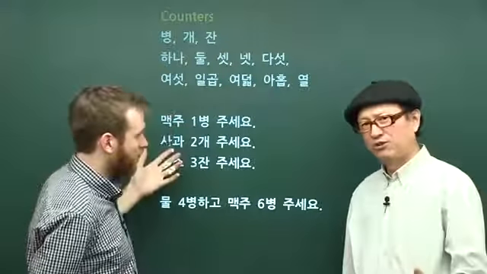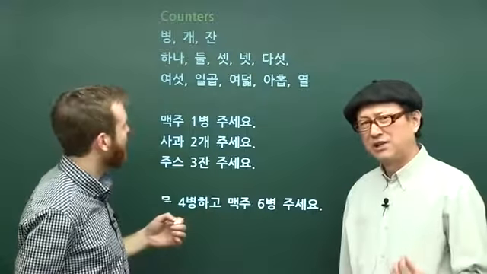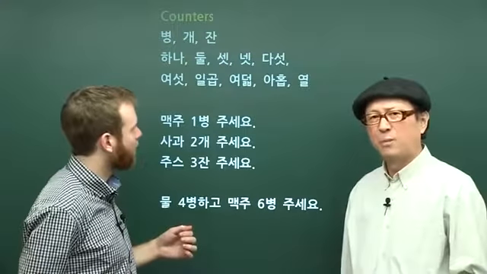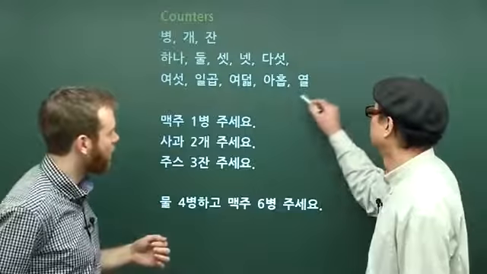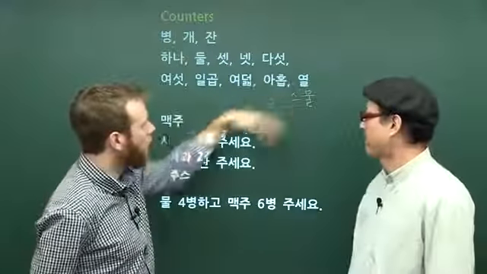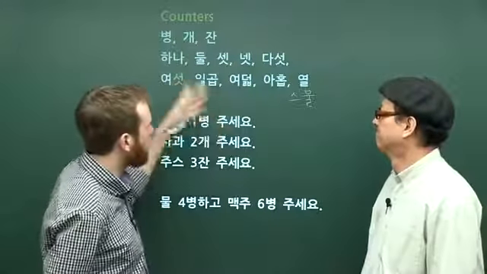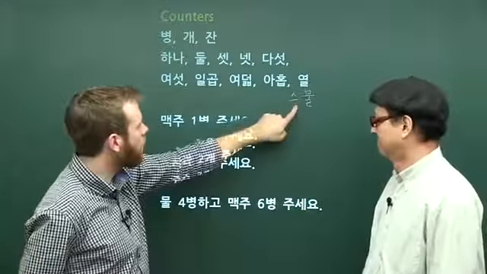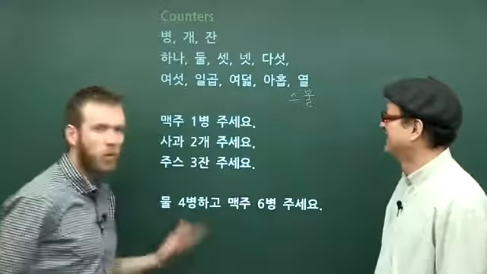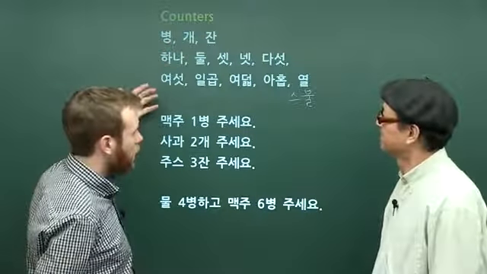열하나, 열둘, 열셋, 열넷, 열다섯, 열여섯, 열일곱, 열여덟, 열아홉, 스물. Right. So a little bonus for you here. After 10, it becomes 열하나, 열둘, 열셋, and so on. When we hit 스물, it's not 둘 열, right? It's 스물. That's 20, okay? Okay, so those are our pure Korean numbers.